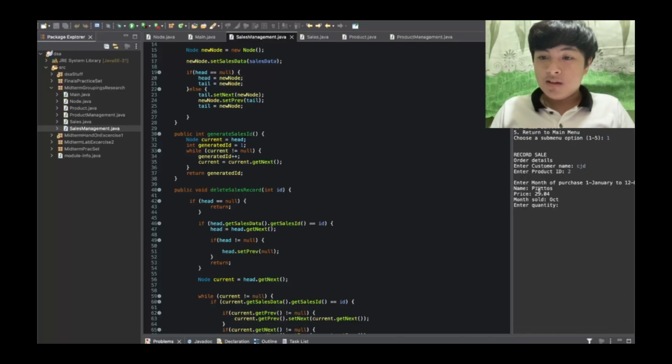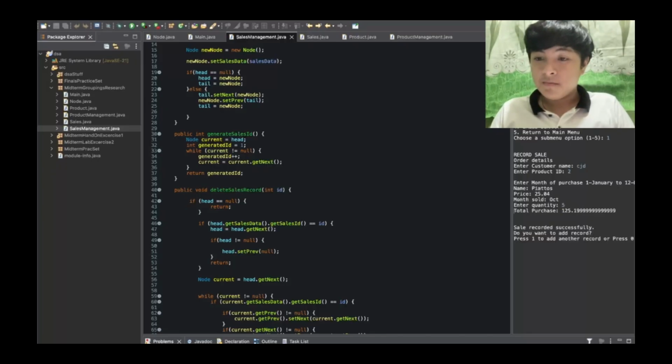The product ID number 2 is Piatos. So now, how many did he buy? Well, let's say he purchased 5. Enter, and there goes. Sale recorded successfully.